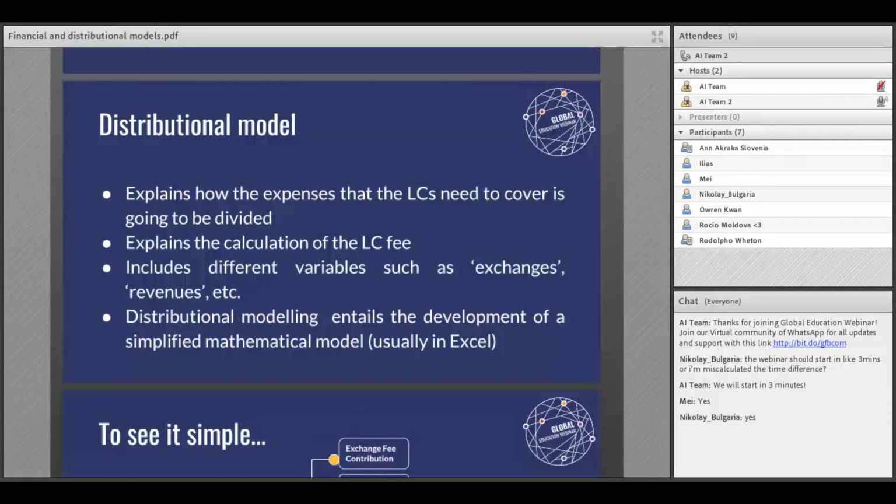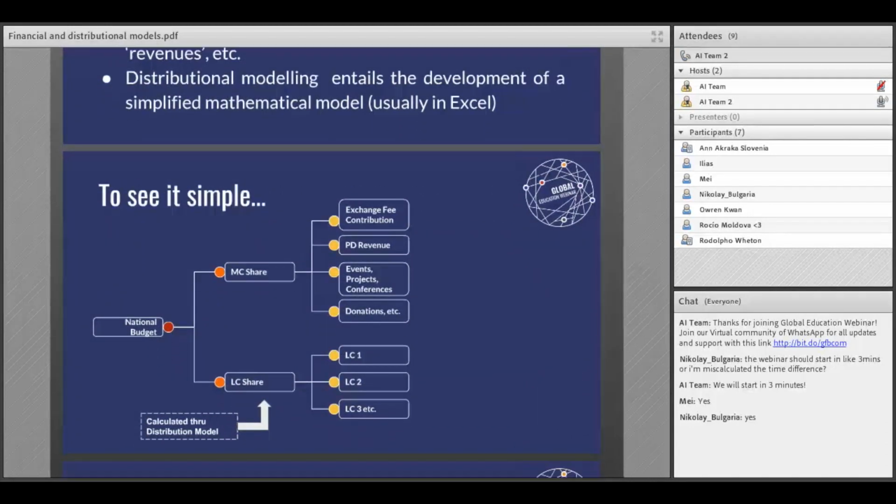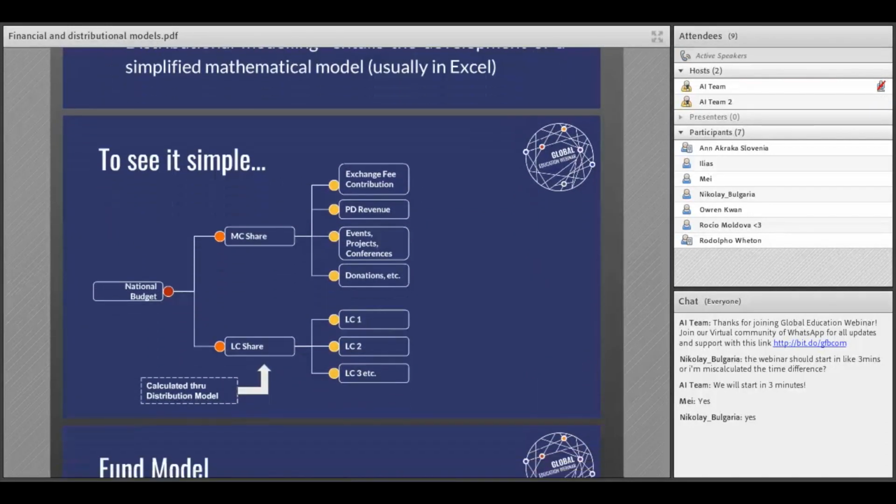Next would be distributional modeling. It entails the development of a simplified mathematical model. It's usually in an Excel sheet. To see it simply,